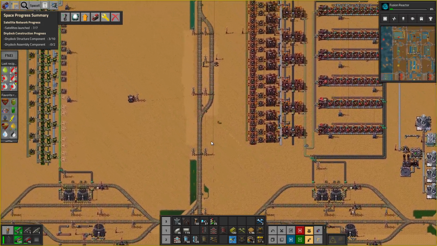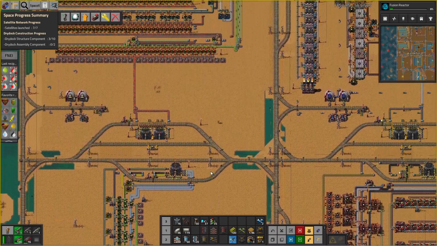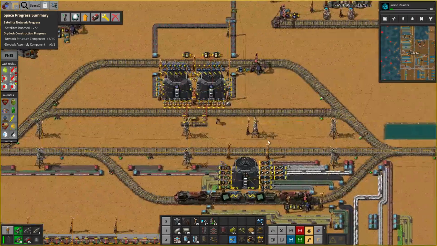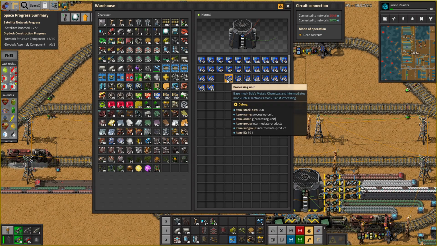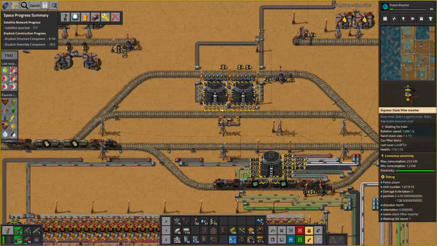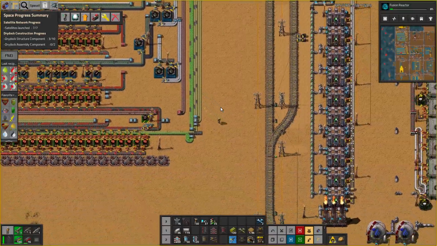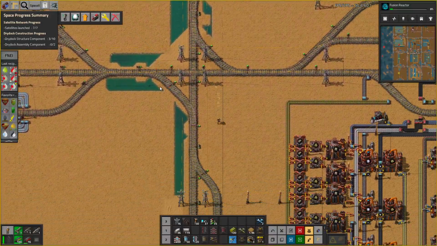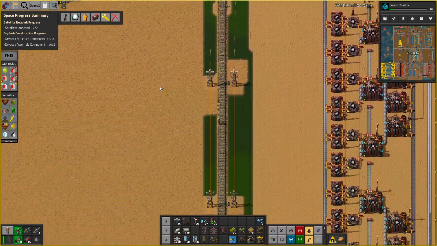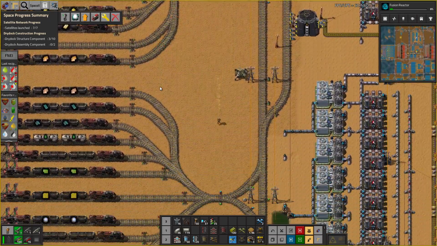So if we get a few, oh, and we still haven't finished this bit as well. A few processing units. Like that. That makes no difference now that I have belt immunity. With a few more processing units, we can kind of force the make everything factory to generate the